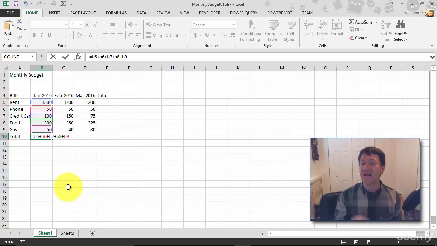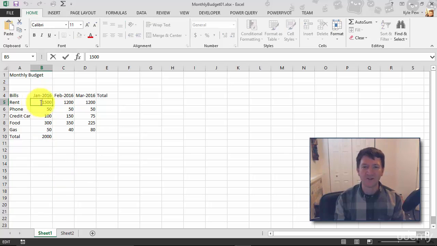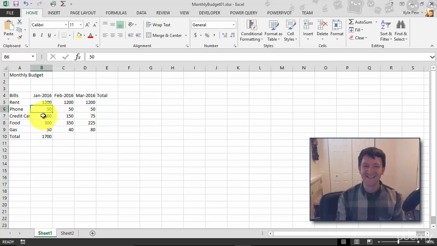And I get this nice little color coding. This is especially helpful when you have cells all over the place within a worksheet. B5 and H20 and J2000 and so on. Nice color coded so you can visually see what cells you're referencing. Great for controlling errors within your formulas. Now I'm all done. I'll hit my enter key. There's my 2000. Great. Now let's update this value again. It shouldn't be 1500. That should be 1200. So I'll double click and just change that. Hit my enter key. And I've updated the formula back to 1700 because I'm referencing the cell's address, B5, B6,